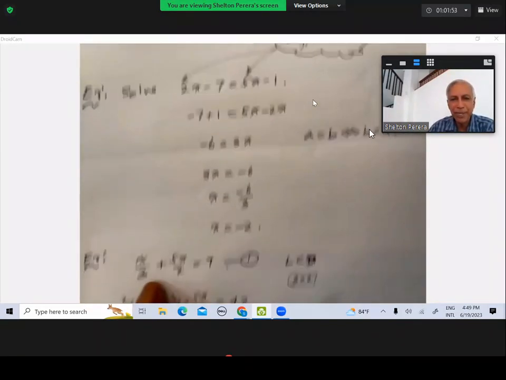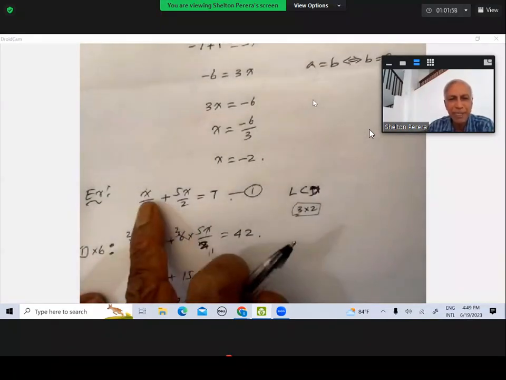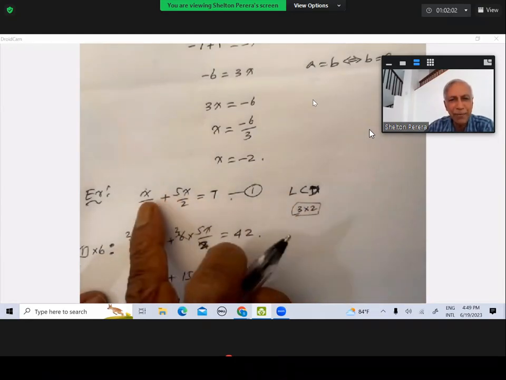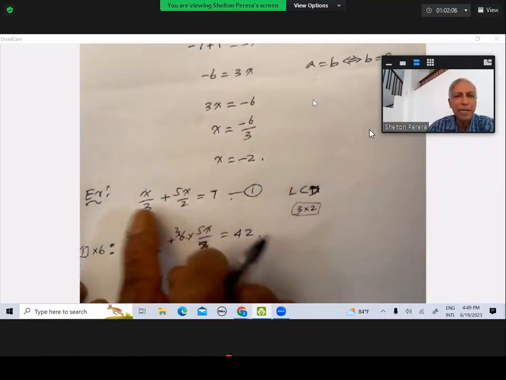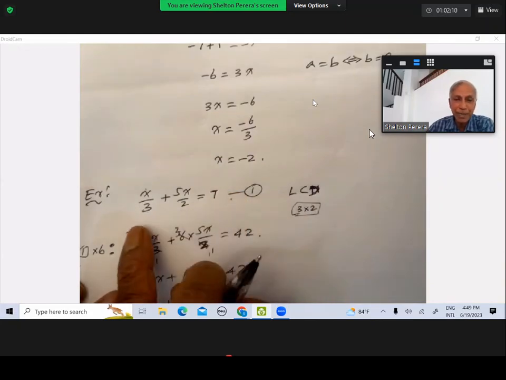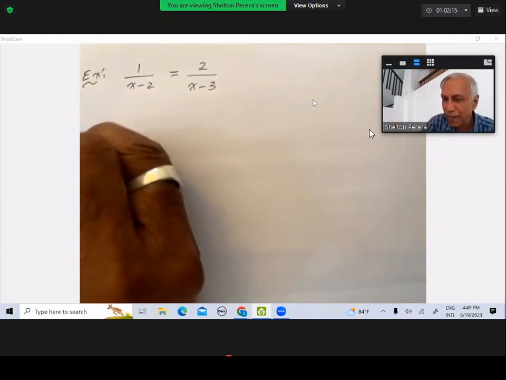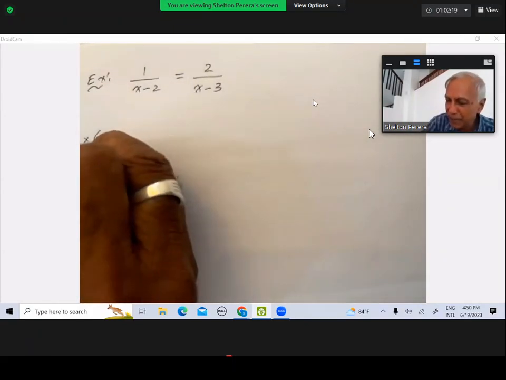To clear the denominators, we multiplied by 6, because that is the least common denominator of 2 and 3. Multiply throughout the equation by that and it will work. Same thing here also. Here the least common denominator is x minus 2